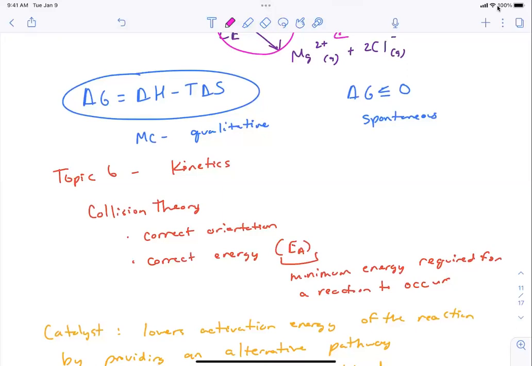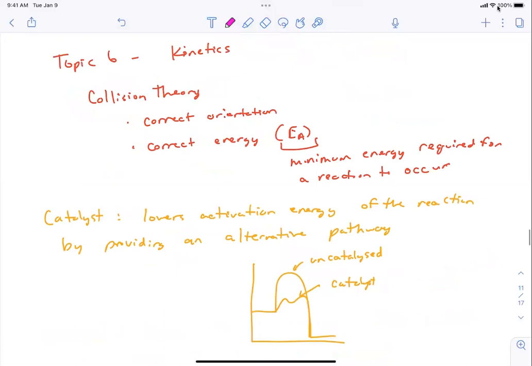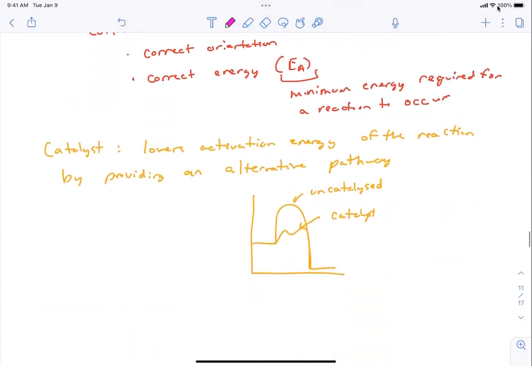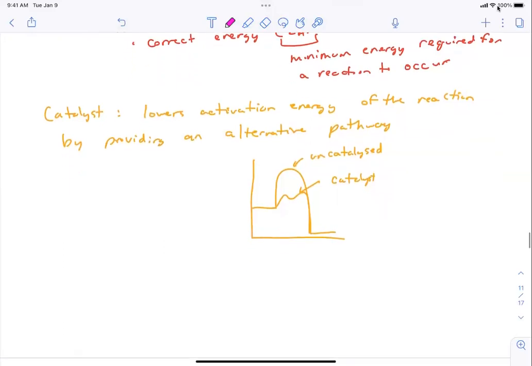Okay. All right, back to kinetics, okay? Understanding collision theory requires two things, correct orientation and correct energy, okay? What does a catalyst do? It lowers the activation energy of the reaction by providing an alternative pathway, speeding up the reaction rate equally in both directions, lowering the activation energy in both directions,